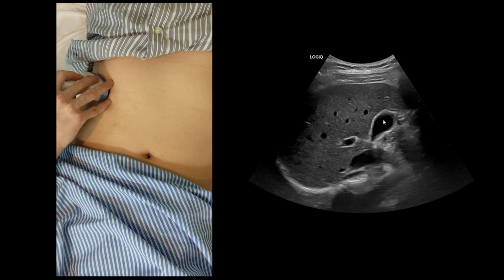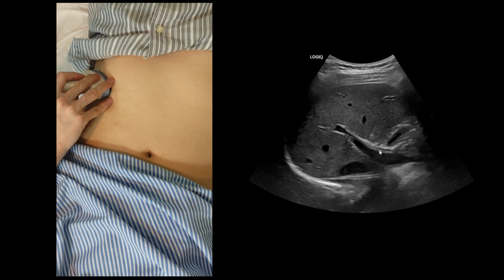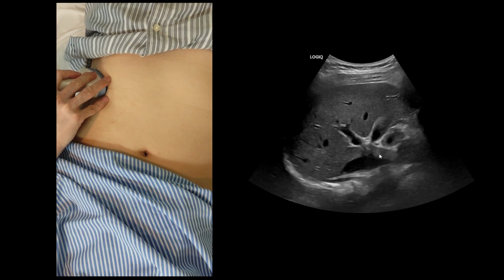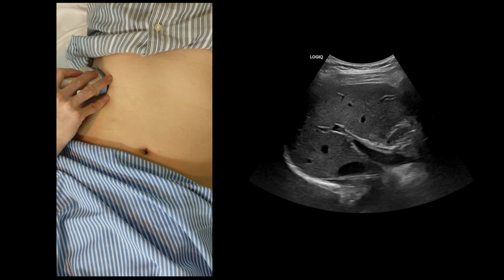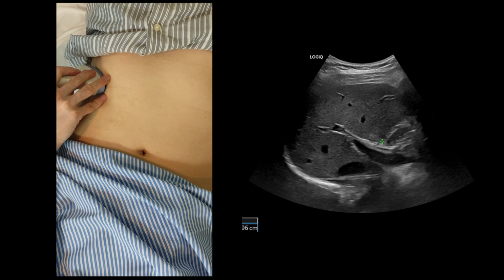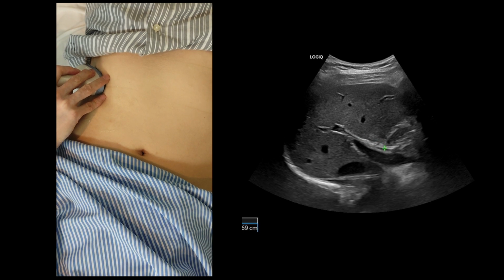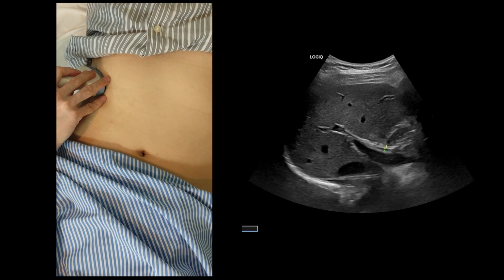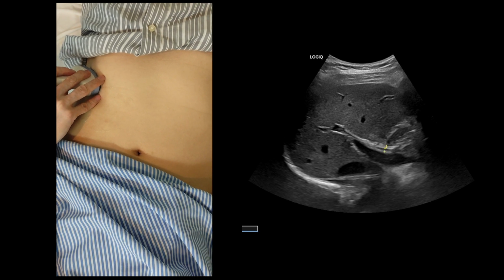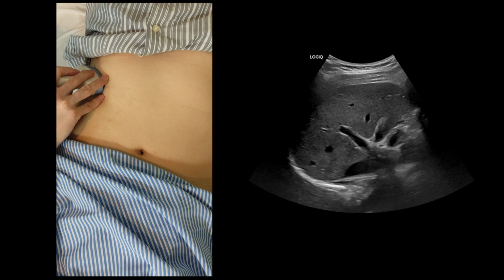This cystic structure is the gallbladder, the portal vein, and also the CBD. So freeze your image if you have already identified the CBD, and you can measure the CBD like this. If you are not sure whether this is the CBD or another structure, you can always turn on